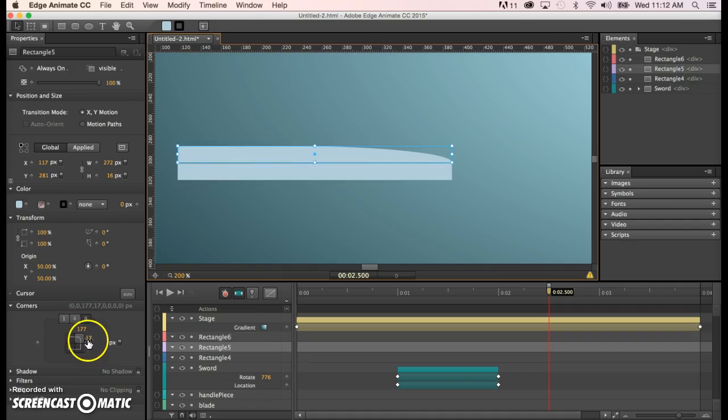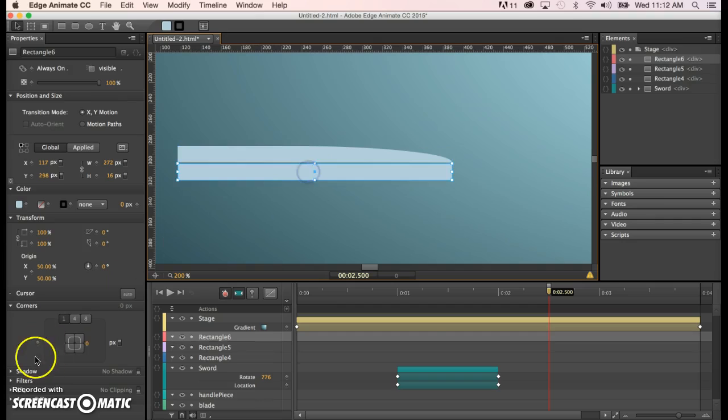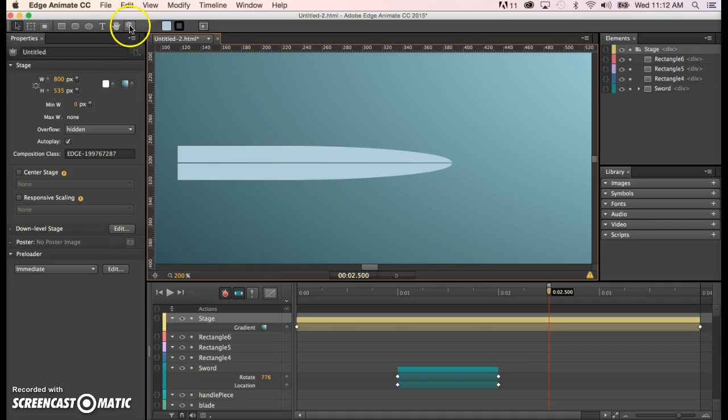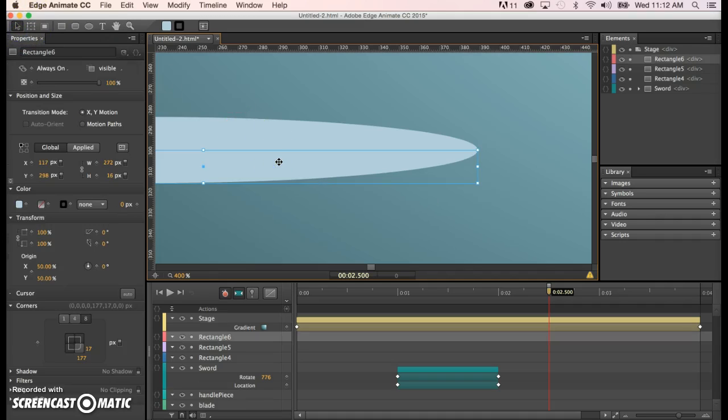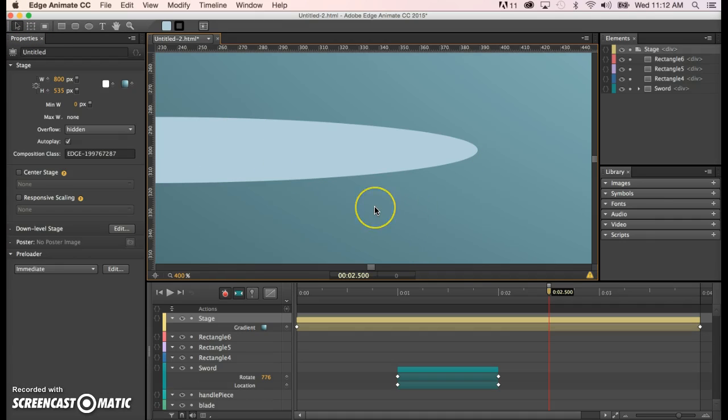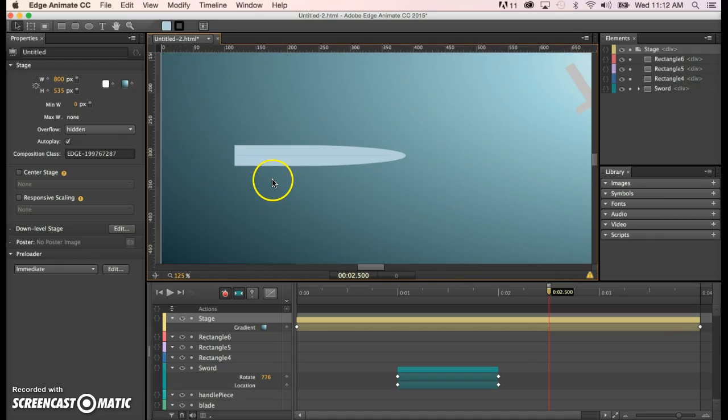Now let's deal with these 177 and 17. So again, I'll click on 8 to get independent control of these. So it should be this front one that becomes 17 and this bottom one that becomes 177. Again, those numbers just came from experimentation. And then I'm going to put them together so that it looks like one solid object. So there we go. And then I'll